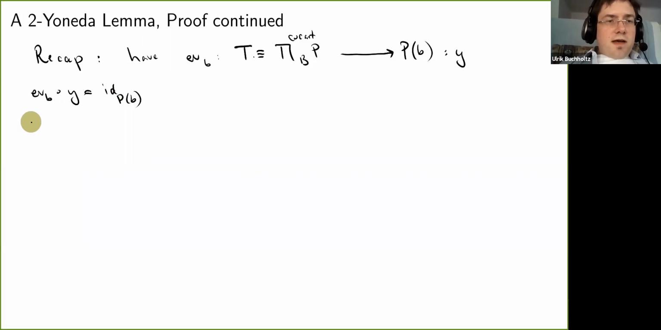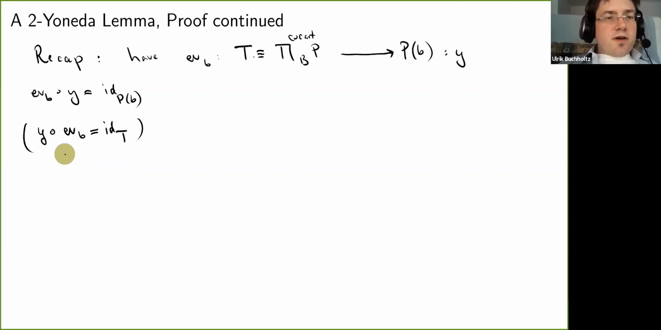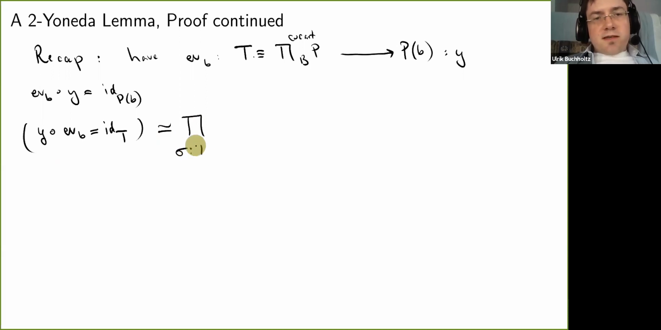Okay. And now I want to show the other composite. So let's look at Y composed with evaluation at B. And I want to show that this is equal to the identity on T. Okay, what is the type of these identities? Well, by function extensionality, it's the same as saying for every sigma in T, so for every co-Cartesian section, and then there's some round trip. So for every X in B,